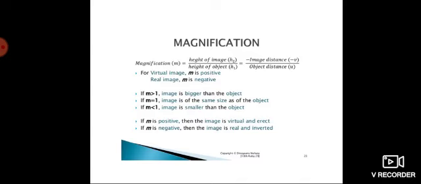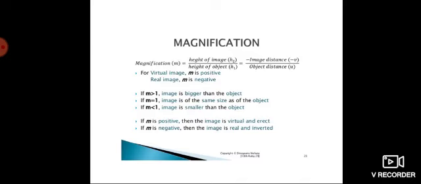So today let's move on to the new topic, which is called magnification. What do you understand by magnification? While drawing different kinds of ray diagrams, we have understood that we get an image which is not always the size of the object. In the case of a concave mirror and a convex mirror, using ray diagrams, we have tried to give different positions for the object and trace the image of the object.